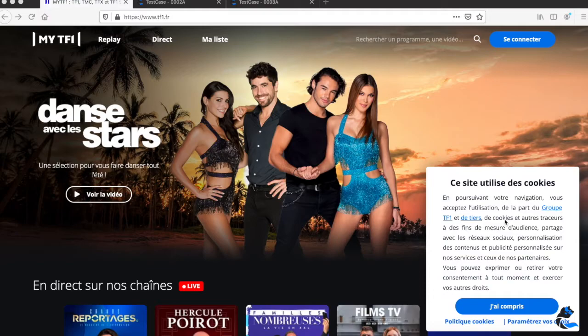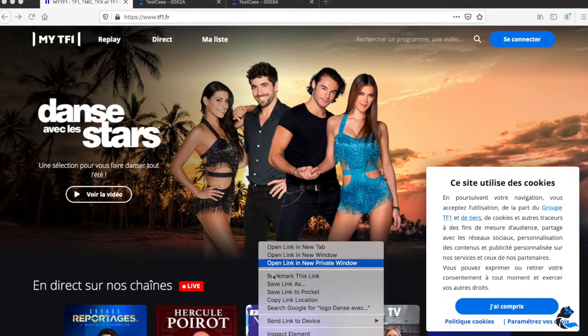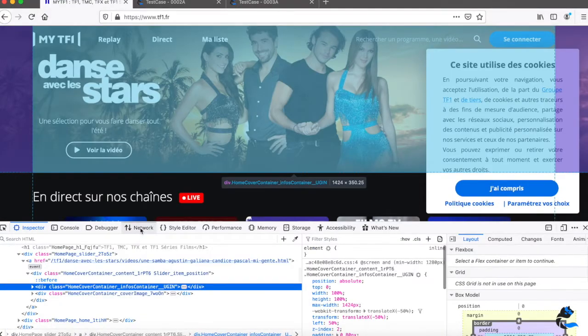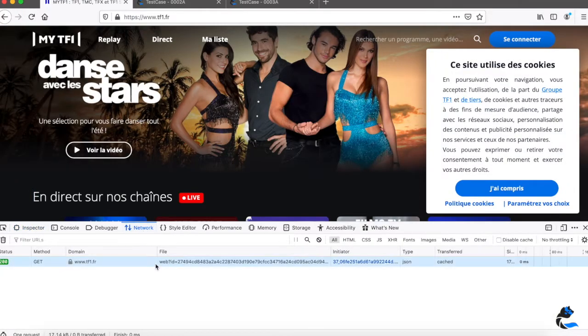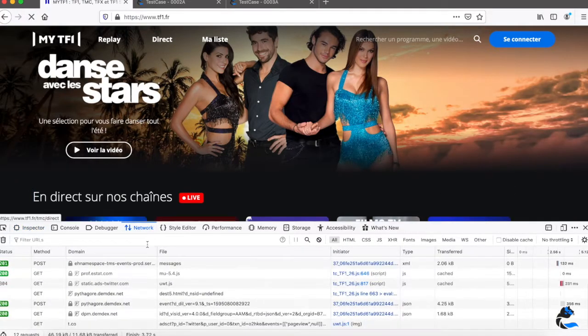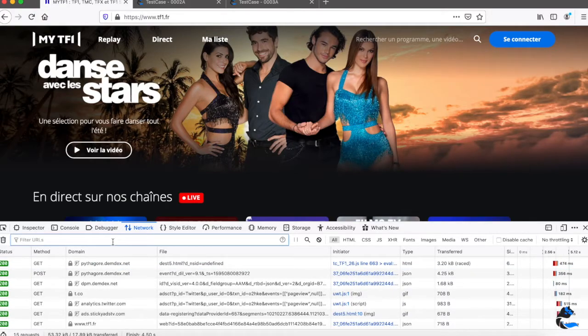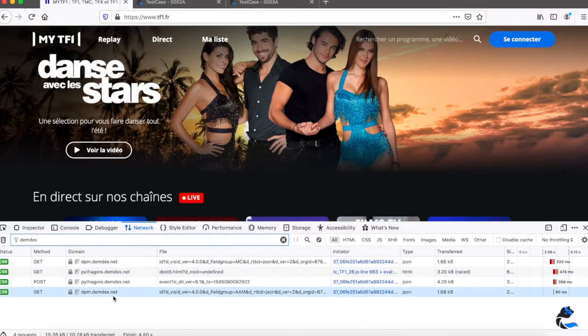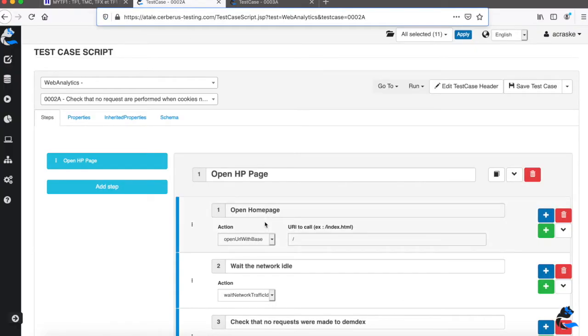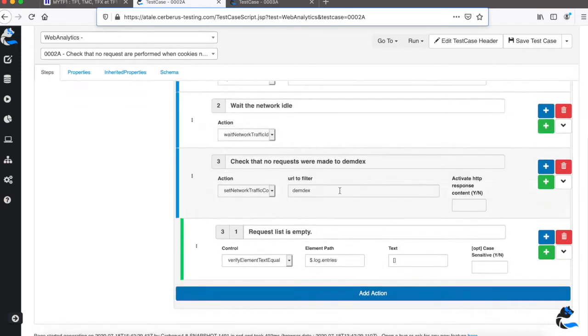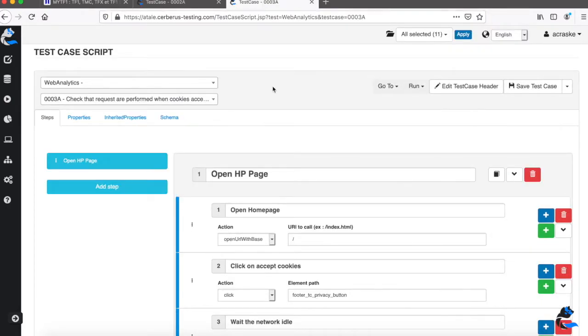Here we'll do it on a real website, and in fact a real user of Cerberus. We want to check the specific cookie policy, tracking, and API call. I just refresh the page to be able to find which third party is used. In our case it's Demdex, and this allows me to configure 2 specific test cases. One will verify that if I reach the page and do not click on any cookie policy, there is no call to the third party, and this is done using this control here. You can use the exact same syntax for similar controls.